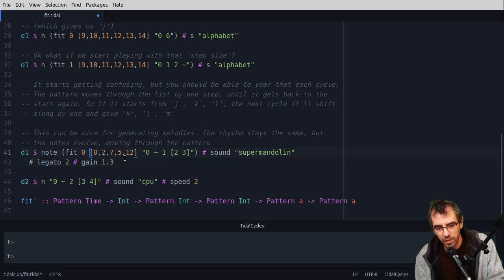That mandolin's a bit quiet, isn't it? But if I put 1 there, there we go. Maybe have a bit of a beat under there as well.